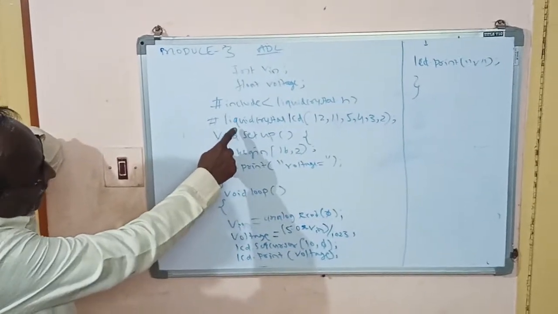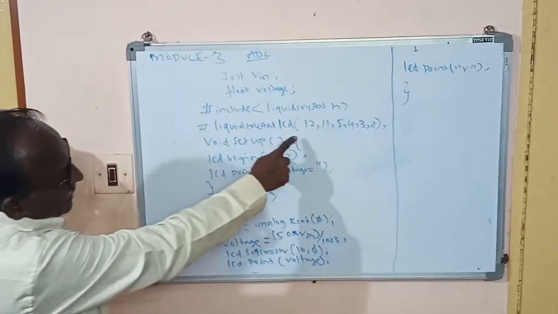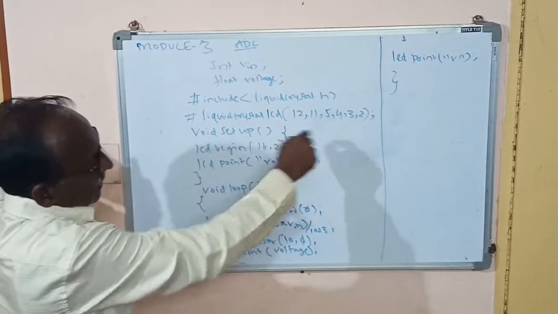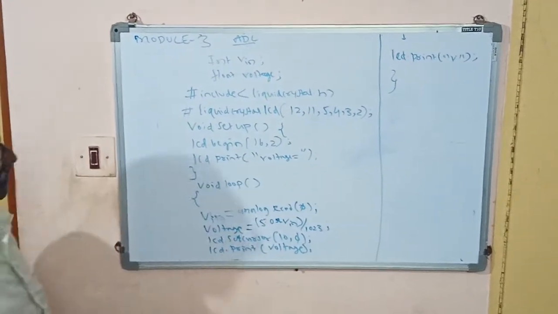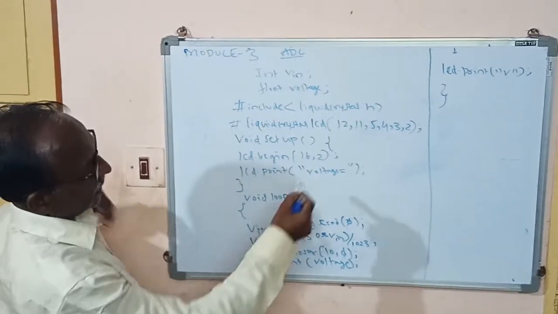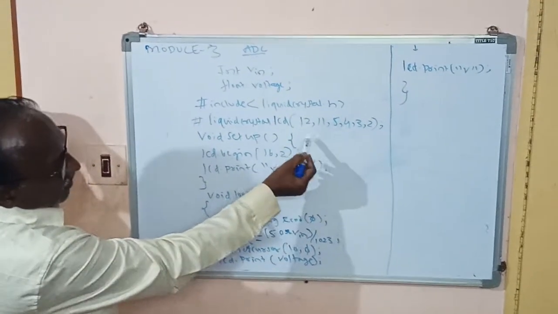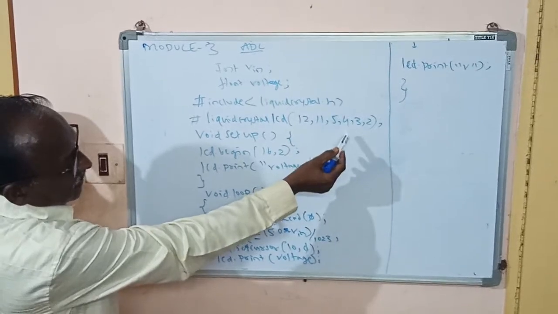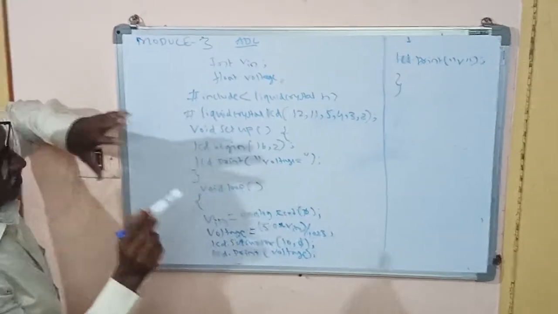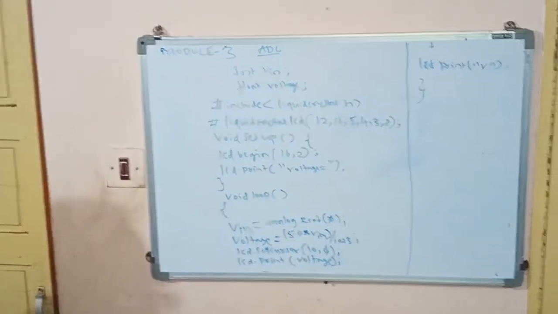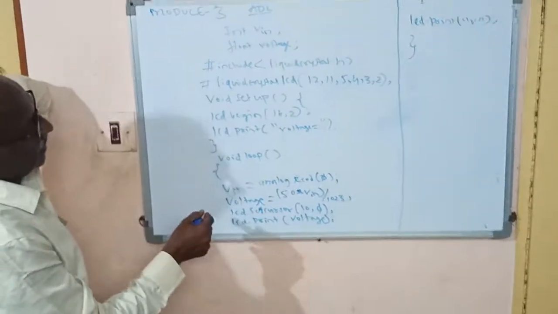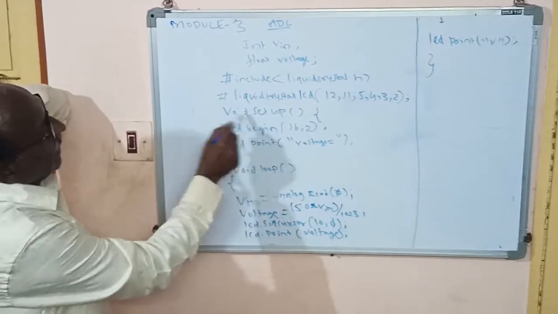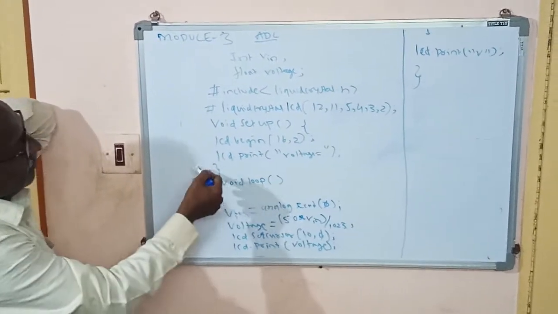Similarly, you can define LiquidCrystal LCD. These are the pin numbers of the embedded board. Those pin numbers I am declaring here: 12, 11, 5, 4, 3, 2. So it is most important for hardware description. So now we proceed one by one, and the logical side, void setup, that information.